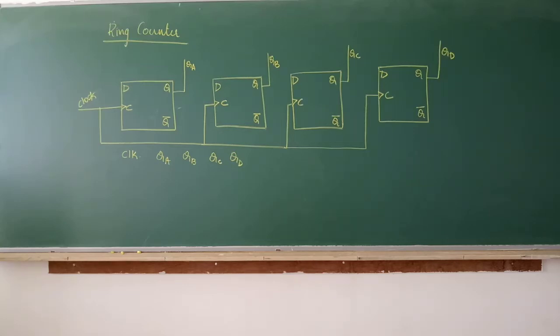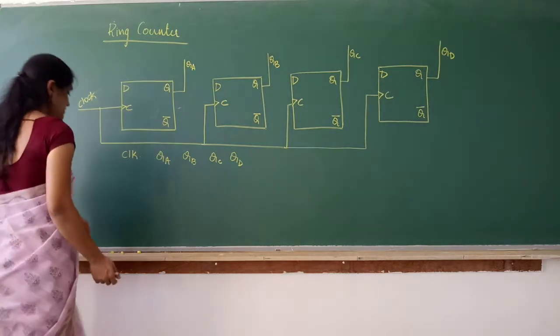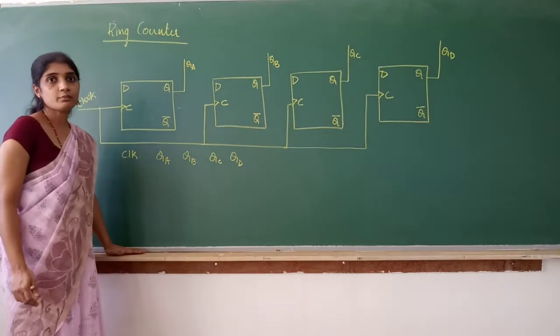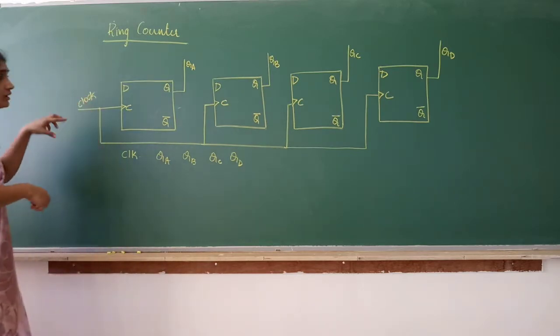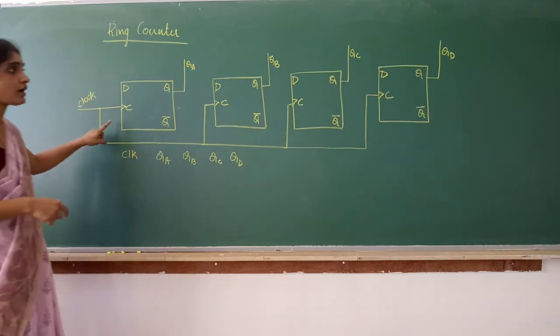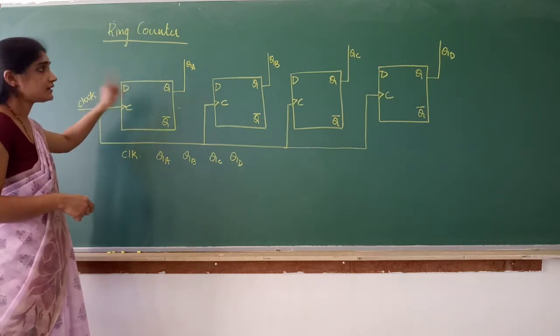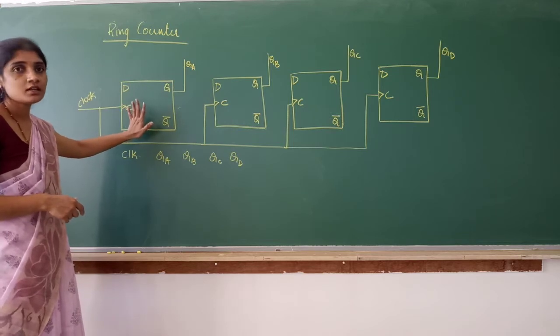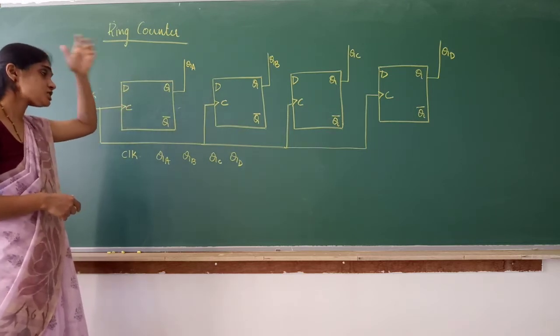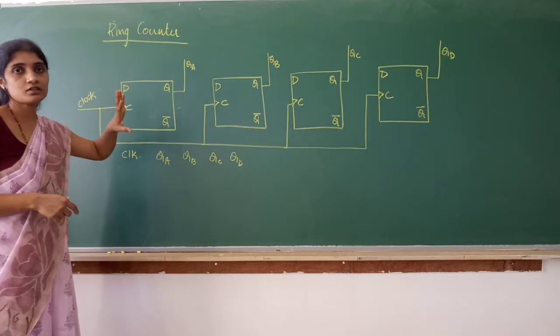So, students, before I start the next module, when I sent you the module 4 notes, I have also sent you the circuits for ring counter and Johnson counter. We have already studied counters and also shift registers, right? So, counters, we have seen binary counters. But we have ring counter and Johnson counter. The same you have in your lab also. You will have an experiment on ring counter and Johnson counter. And these are non-binary counters. So, in your exam you can expect these questions, ring or Johnson counter.